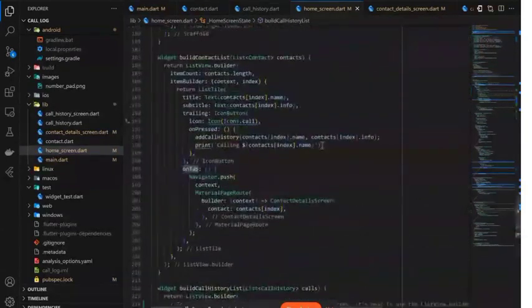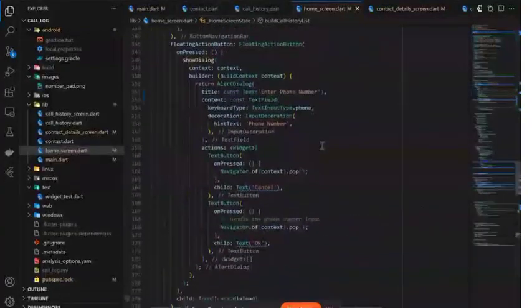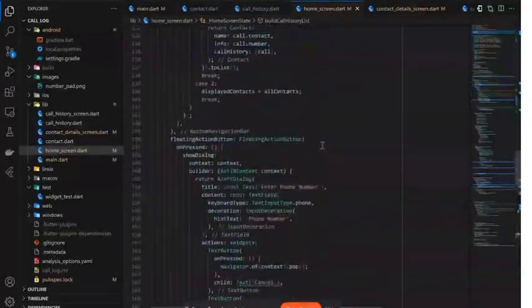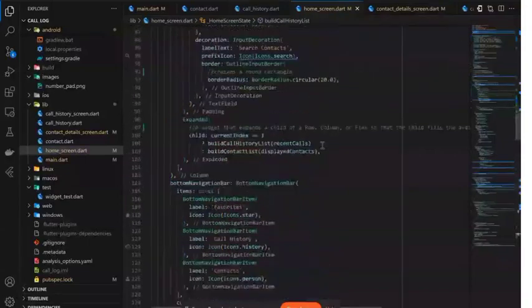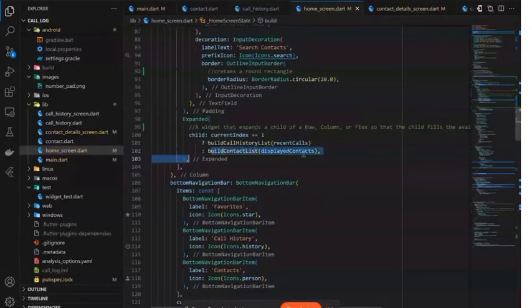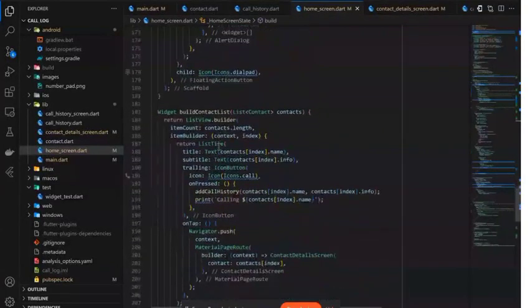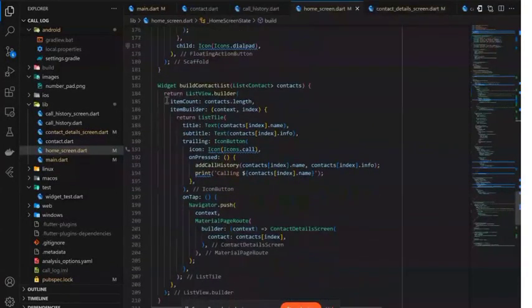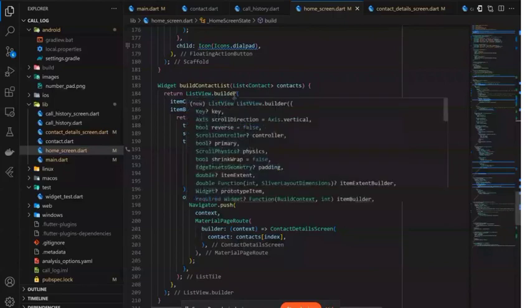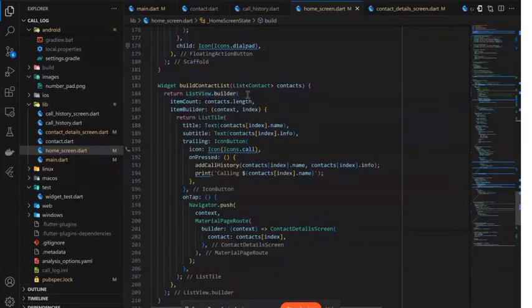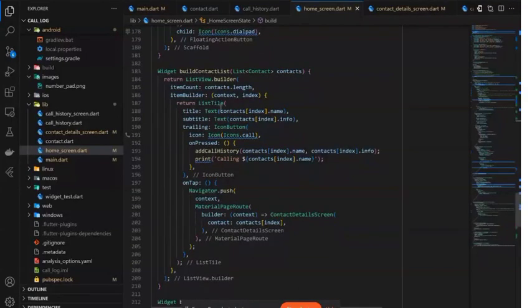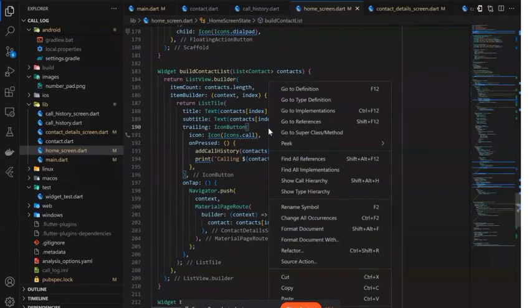It is for when the current index equals 1. If the current index is not equal to 1, it goes to buildContactList. buildContactList is a widget and it returns the list without filters. Same, it is for large items, with the same itemCount, and it returns the ListTile title,